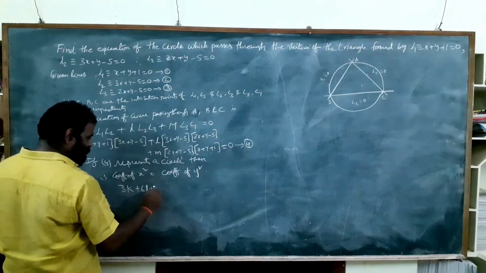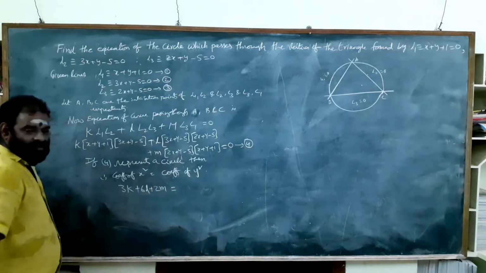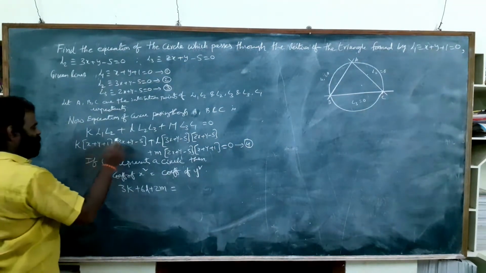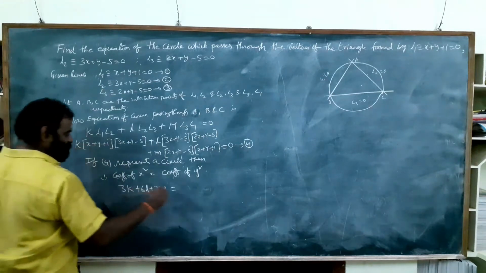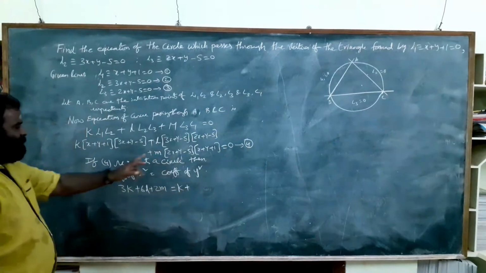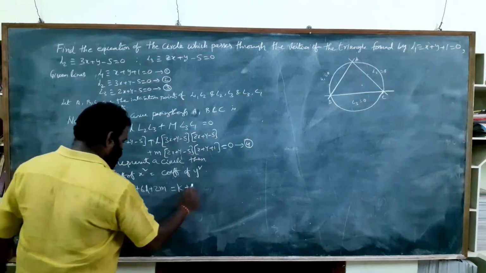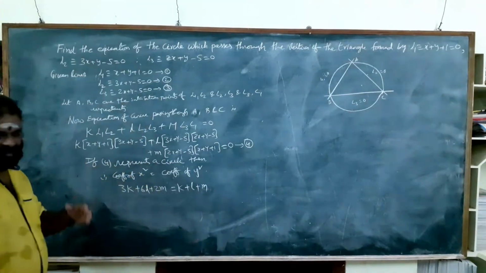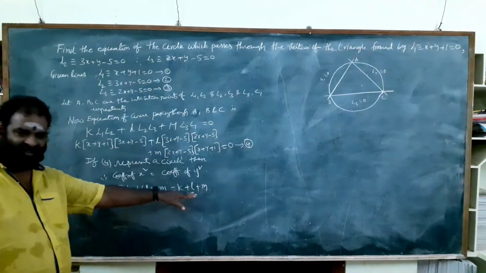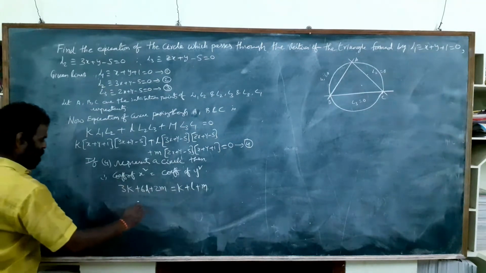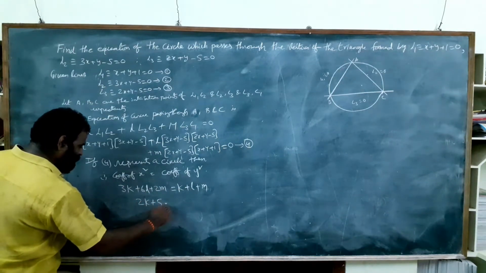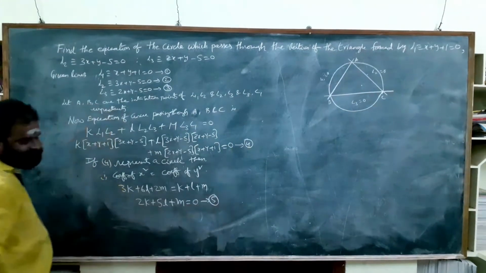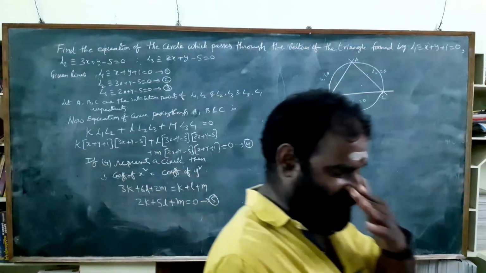Therefore, it is nothing but 2m is equal to, again, coefficient of y square. You have to observe. Coefficient of y square. Here y into y square into k. So it is k plus here y into y. Here also l plus here y into y square. So it is also m. Understand? Then you bring these k plus l plus m to this side. It becomes 2k plus 5l plus m equal to 0. This is the fifth equation. Understand?